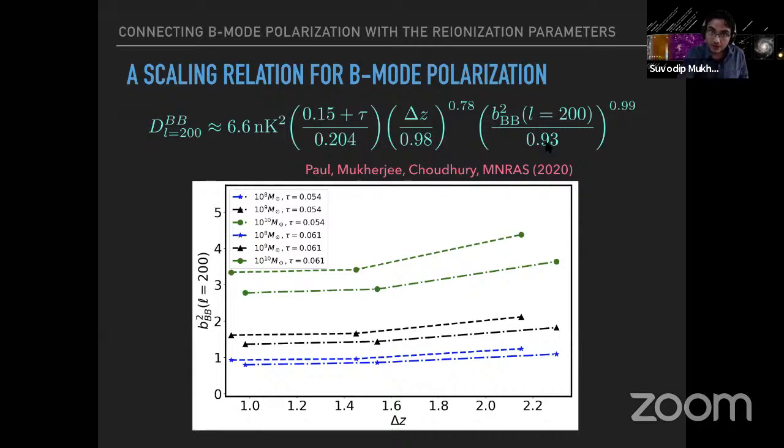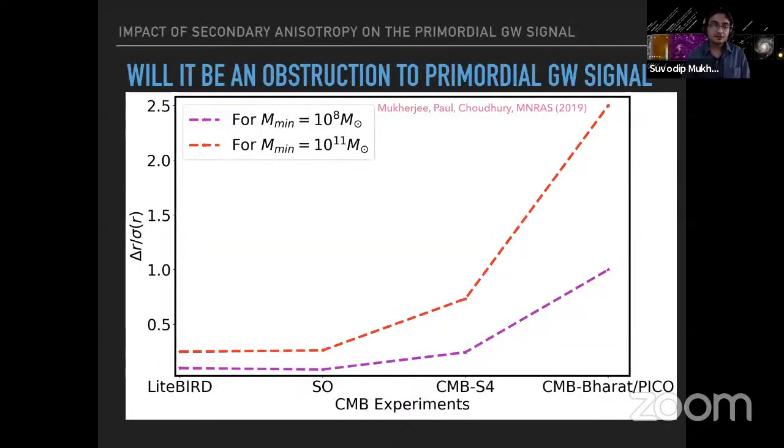So this particular quantity can now be measured from observations. One can now go to the observations from Simons Observatory and CMB-S4 and ask at what level we can measure this quantity and separate it from lensing signal and from the primordial B mode signal from gravitational waves. But one of the questions is, before measuring it, will it be a big obstruction to the primordial gravitational signal? So the very simple answer to this question is not likely for the experiments which are going to be operational within the next decade.